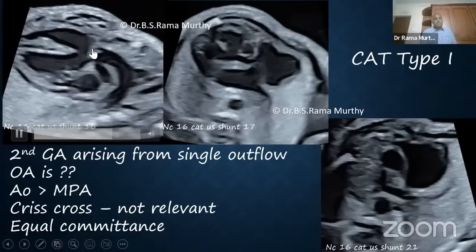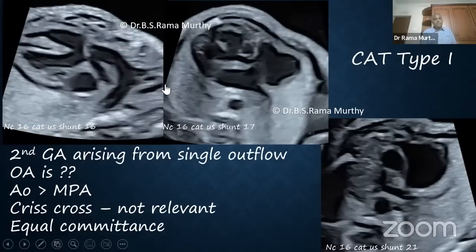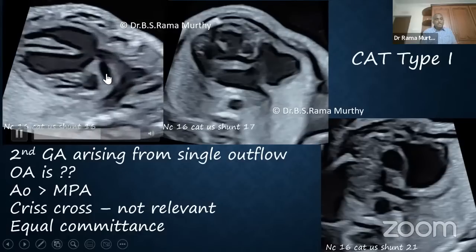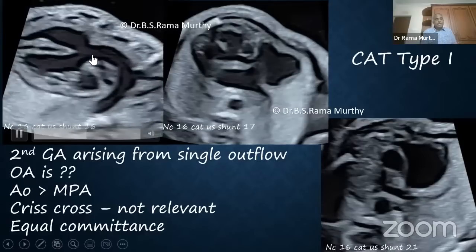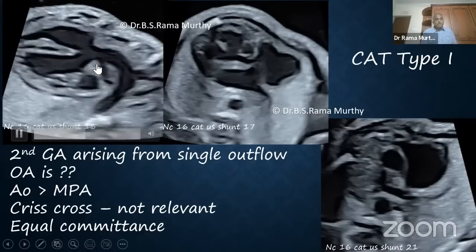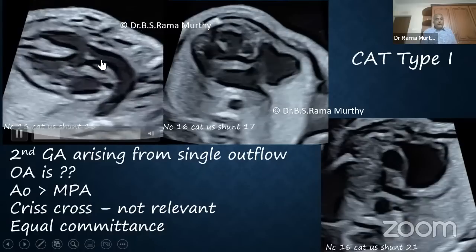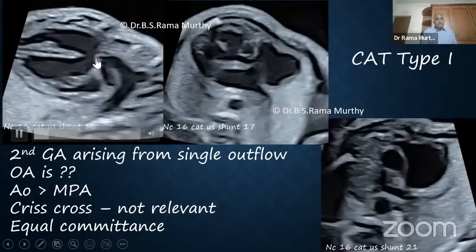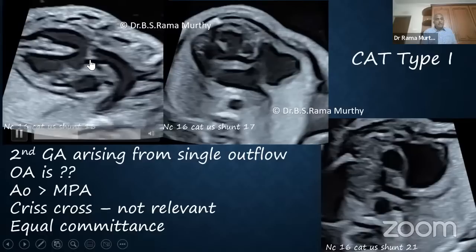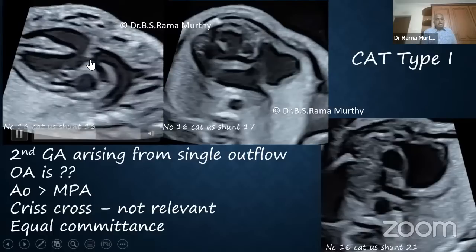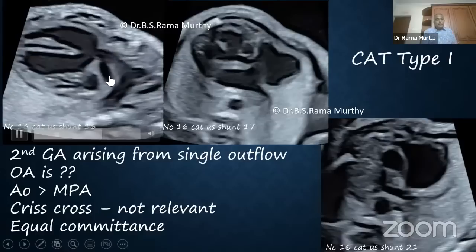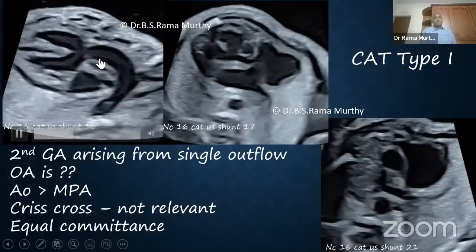This is easy for me. This is arching. The great arteries are coming from here. So this is the aorta. But the pulmonary artery is also arising from the same segment of the artery from which the aorta has come. So if this is the pulmonary artery, then that part of the anatomy becomes the common arterial trunk. As soon as the common arterial trunk comes out of the ventricles, it divides into a very large and prominent aortic arch and a smaller pulmonary artery, which I said you have to identify.